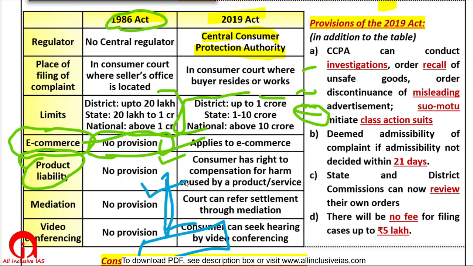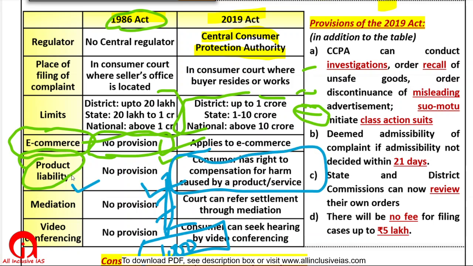At max we can compensate you 10 rupees. But now if you have the right to say that the malfunctioning of your pen has caused damage to my 1000 rupees shirt, therefore you as a company should pay me 1000 rupees. So this is the concept of product liability.